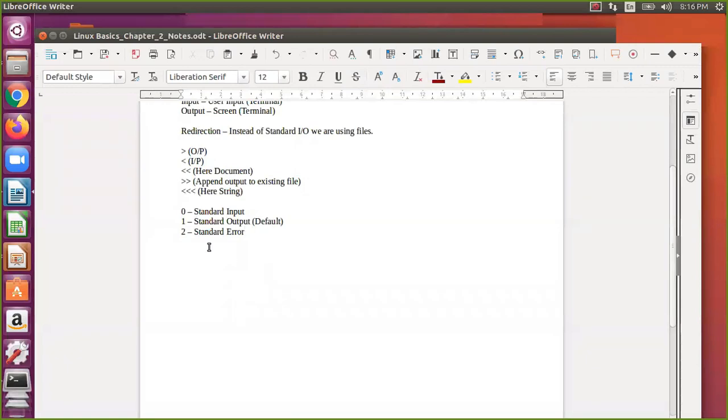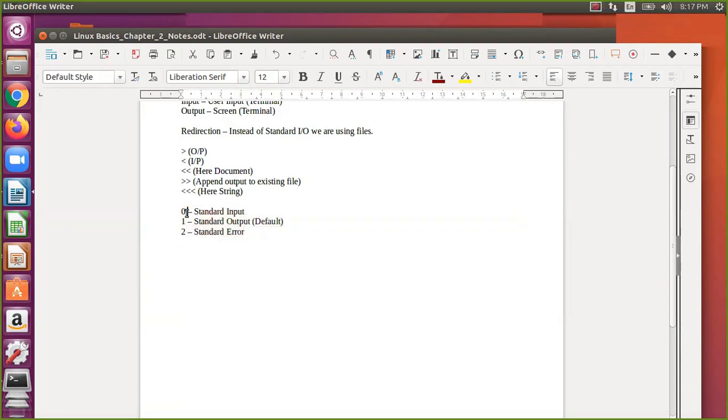Whenever you take any terminal or any application, let us assume you are trying to write a small or big application from the terminal. Even for a C program, three files are generated by default. 0 is standard input, 1 is standard output, 2 is standard error.